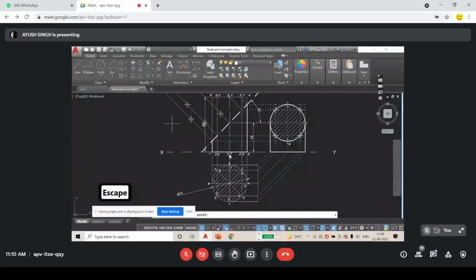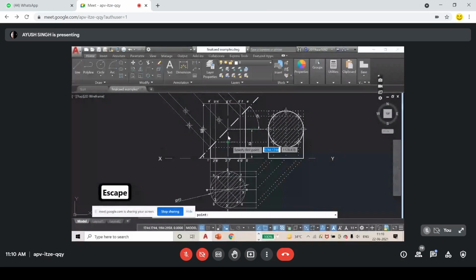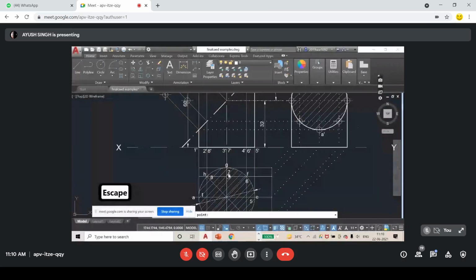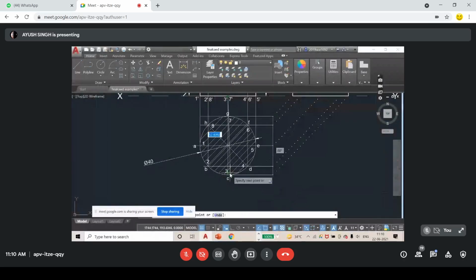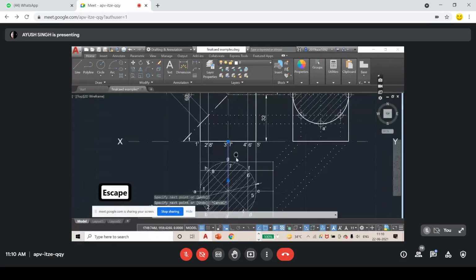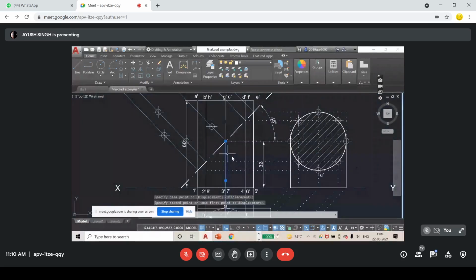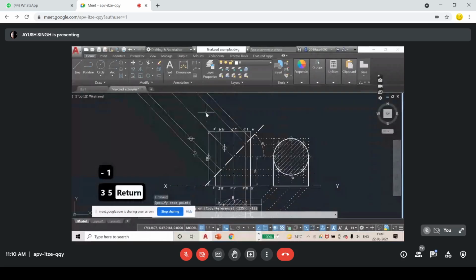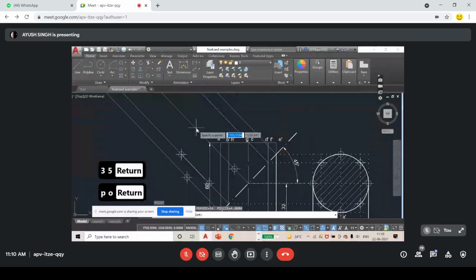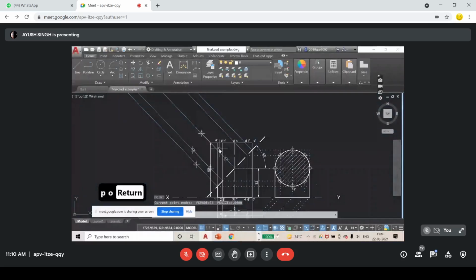So which line was I on? This line. So I will be taking this arc length from here to here. Move it, not copy, because you have to overwrite it on this only, and you have to rotate it by minus 135 degrees. Now mark a point here. Where is this point? Yes, endpoint. Now just two more left.